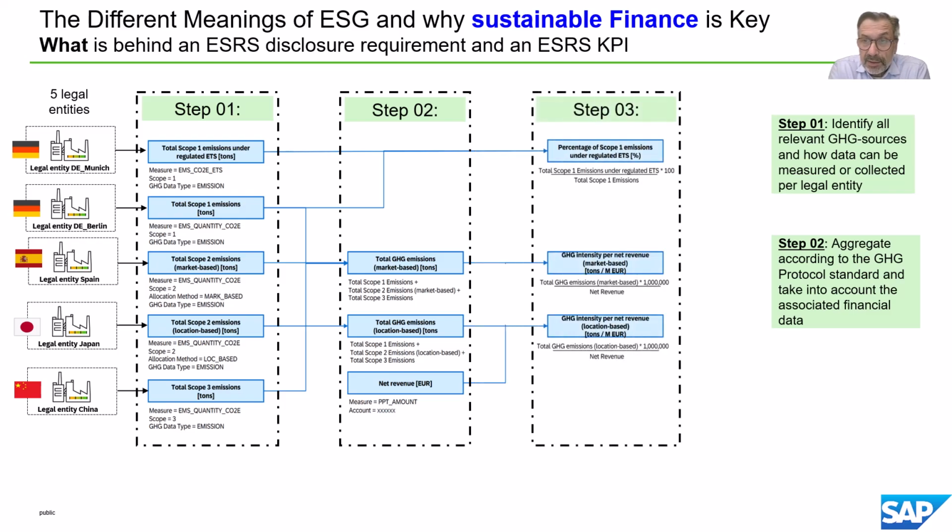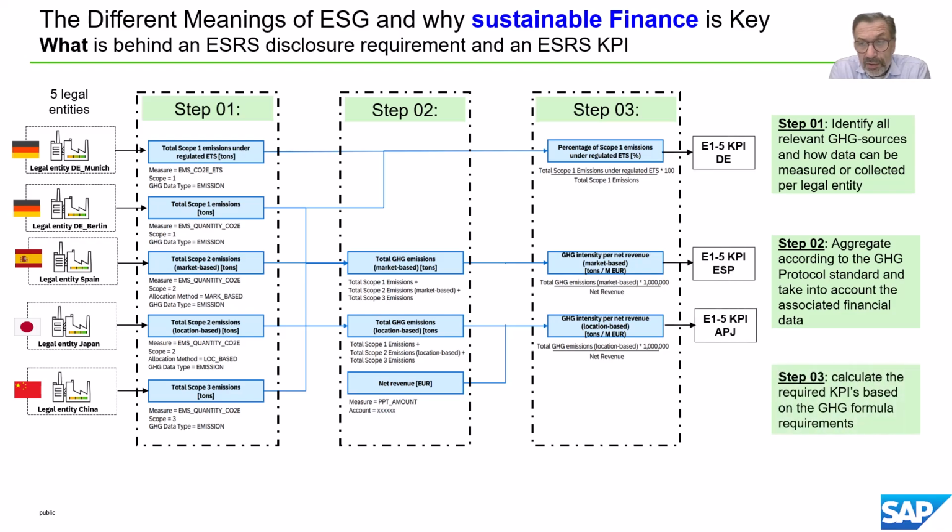And step 3, last but not least, step 3 means now you have to calculate the required KPIs based on the formula that are described in the Greenhouse Gas Protocol. And as I mentioned, the Greenhouse Gas Protocol is part of the ESRS regulation. In this case, by the end of the day, you have 3 E1-5 KPIs, one for Germany, one for Spain, and one for Asia Pacific and Japan. This is the secret behind the ESRS requirement when we talk about quantitative metrics. This is the secret behind the disclosure requirement, and this is the secret behind a quantitative KPI that belongs to